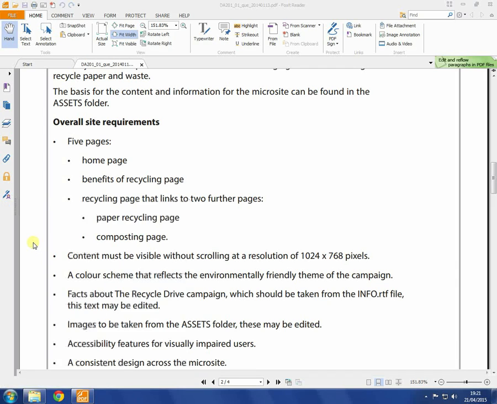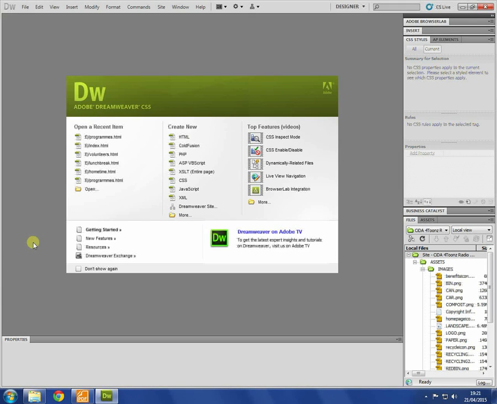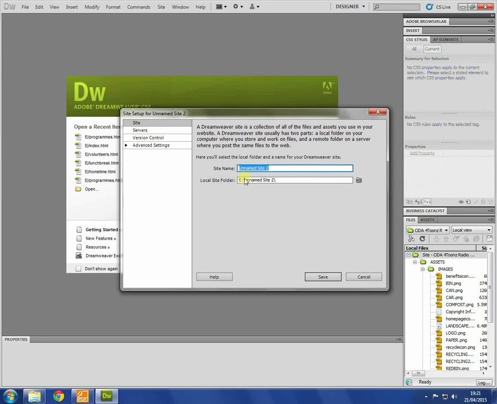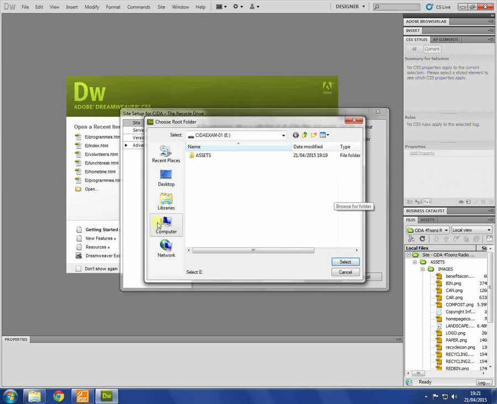The first step you need to take is to open Dreamweaver. So this is the most important thing that you need to remember when you sit the CiDA exam. You must define your site. So click Site, go to New Site, give it a name. So this is the Recycle Drive, and you must point to the folder where your assets